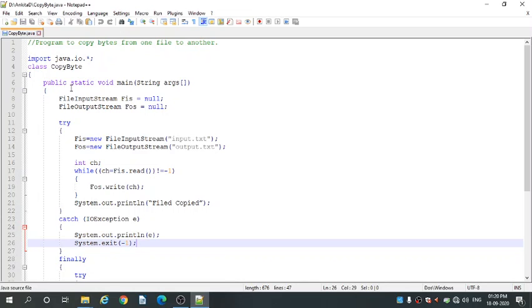Inside the class, we have declared public static void main(String args[]). This is the main method which reads string arguments. Inside the main method, we have written FileInputStream fis = null, FileOutputStream fos = null. We have created here the objects for these classes. FIS is the object for class FileInputStream, and FOS is the object for class FileOutputStream. The FIS object helps to read the bytes from the file, and the FOS object helps to write the bytes to the file. Okay. Then comes the try and catch block.